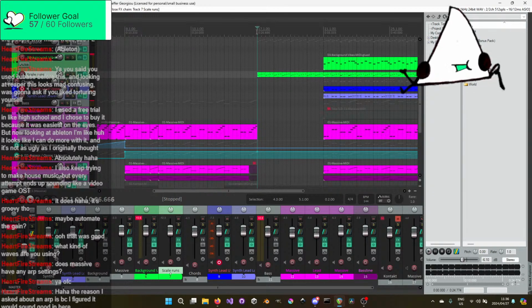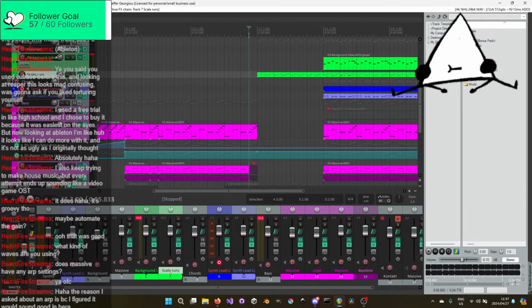The ARP is a good idea. But the main bit isn't really my issue at the moment. I could keep adding things to that forever. My main thing is just transitioning. It's always been my weak point: I'm not good at switching over to things without just doing the basic. Oh, here's a loop. Slowly adding layers. I want to actually have bridges that are dynamic and different. I'm trying to improve and get better. And it's annoying because I have to think and be creative. Who has time for that?